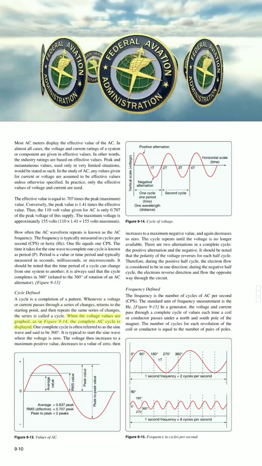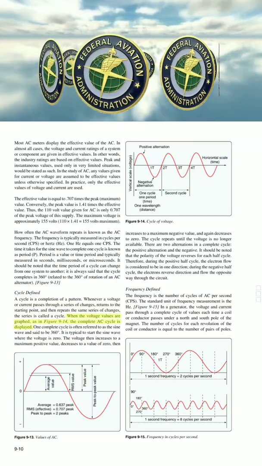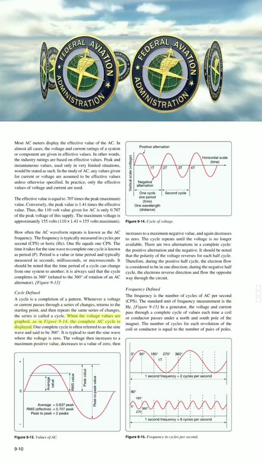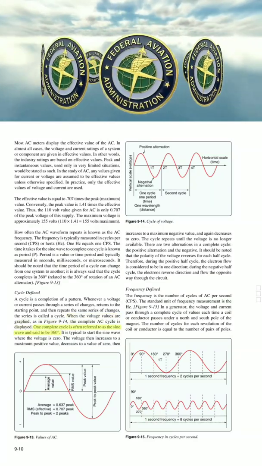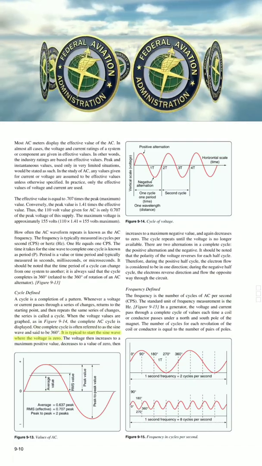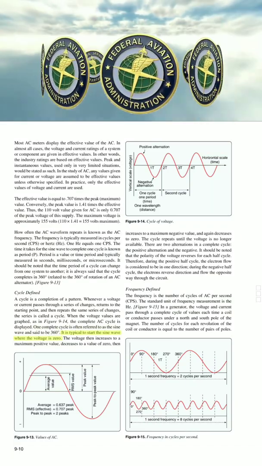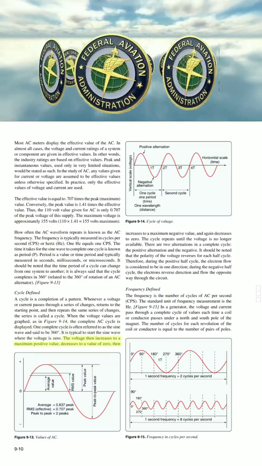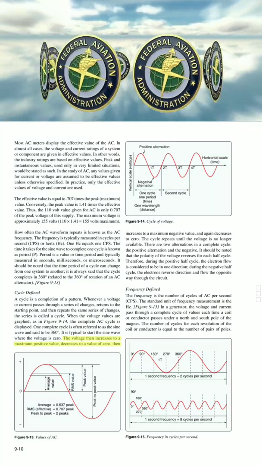When the voltage values are graphed, as in figure 9-14, the complete AC cycle is displayed. One complete cycle is often referred to as the sine wave, and said to be 360 degrees. It is typical to start the sine wave where the voltage is 0. The voltage then increases to a maximum positive value, decreases to a value of 0, then